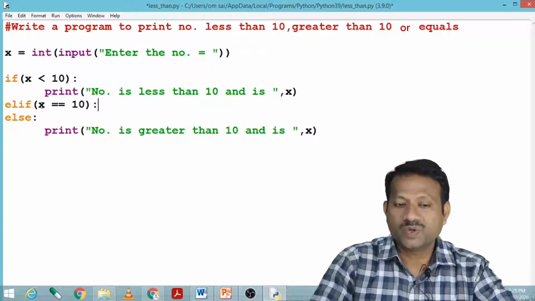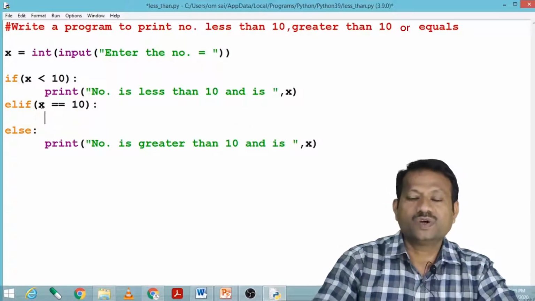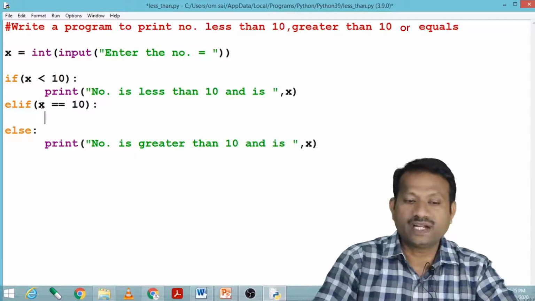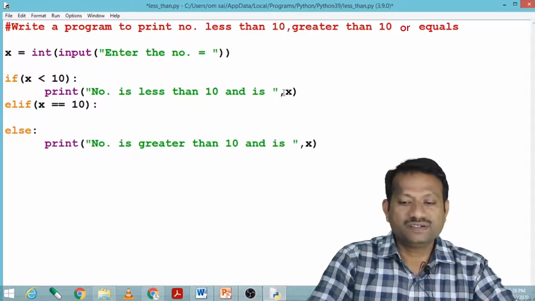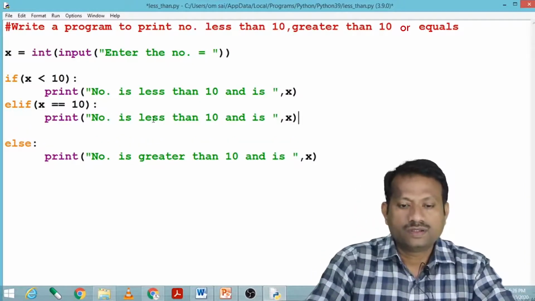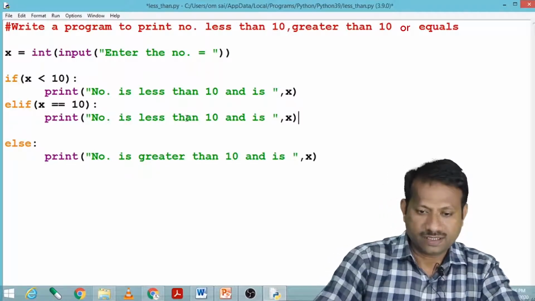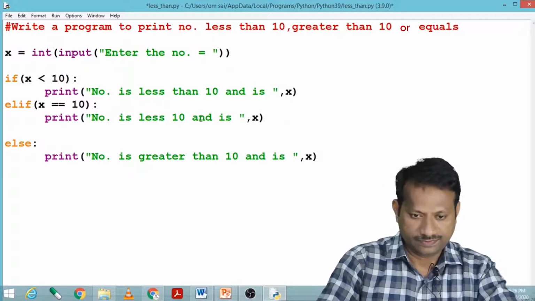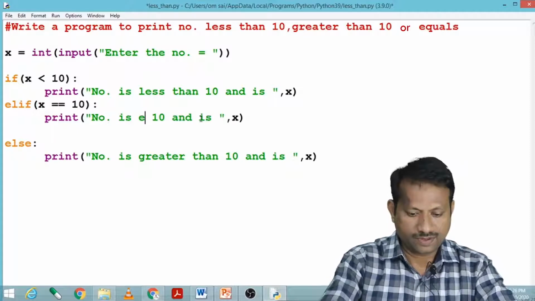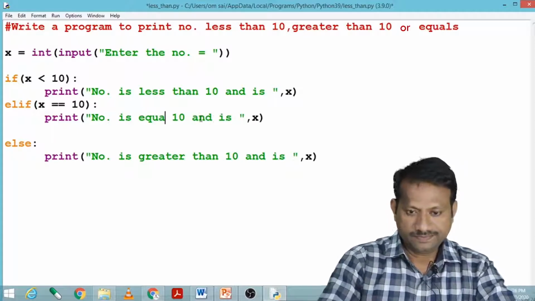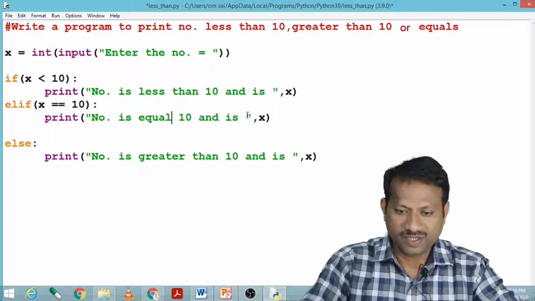Again I have to give a colon here. Let me enter. So automatically it will be indented by one tab, and here I have to print the number is equal to 10.